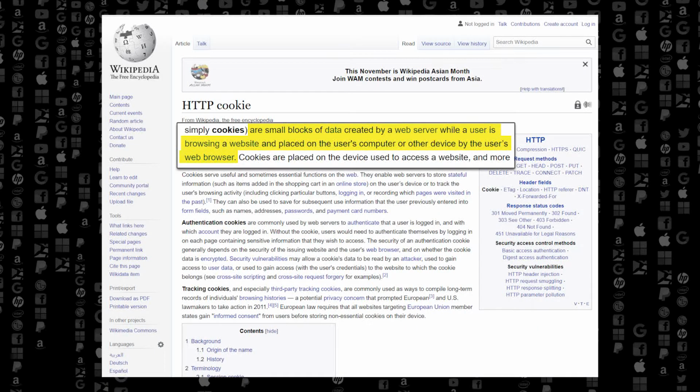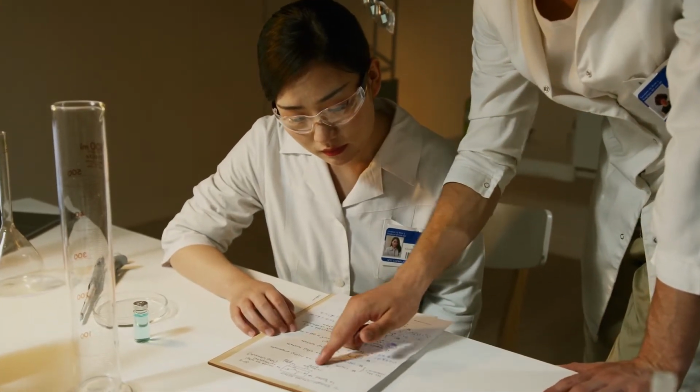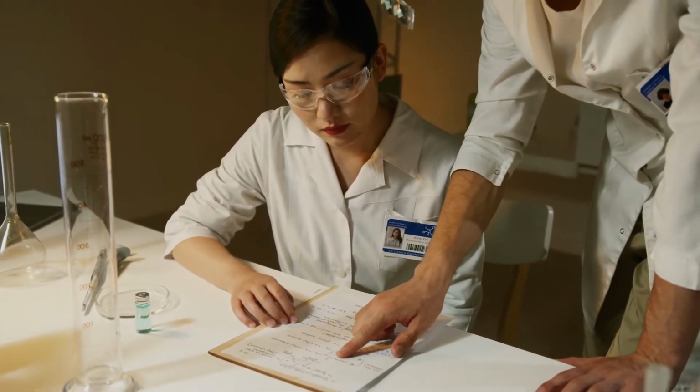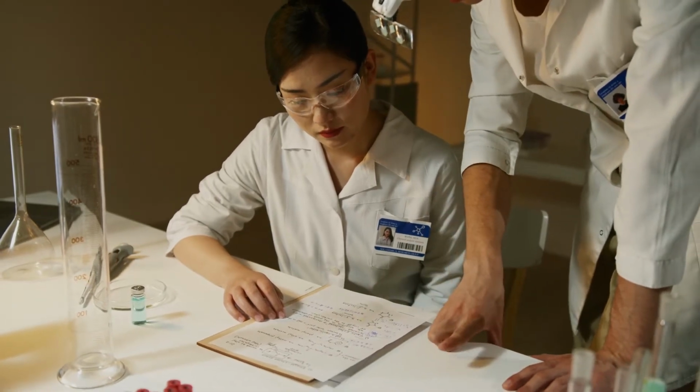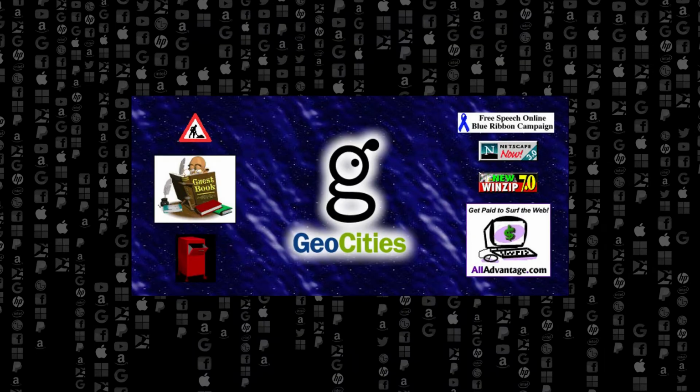TLDR, a cookie is basically just a way for a website to remember something about you. Way before social media existed, the World Wide Web was created by researchers as a way to share documents with one another across long distances. These documents became known as web pages. Now, the key word here is document. Web pages are not an application or a computer program. In other words, the document itself is just data.